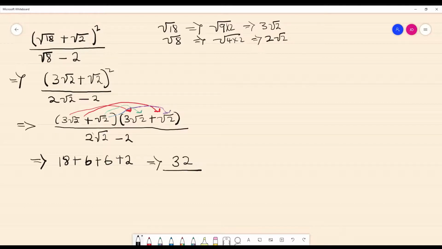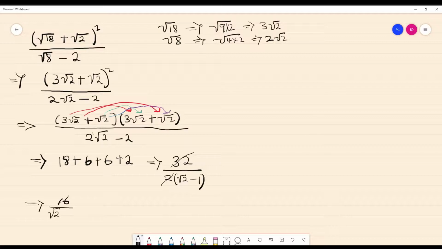And we can actually call this 2 root 2 minus 1. The reason is 2 is common to both numbers here. So we can just factorize, and by so doing we have 2 bracket open root 2 minus 1 bracket closed. So we carry on. If you look at the numerator and the denominator, 2 is common to both. So this cancels out 2, and we're left with 16 over